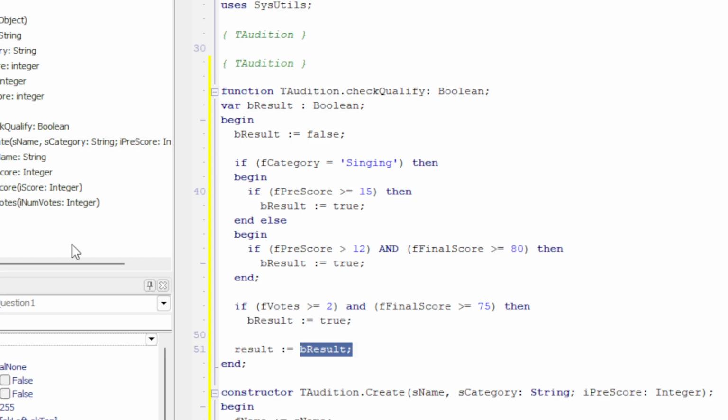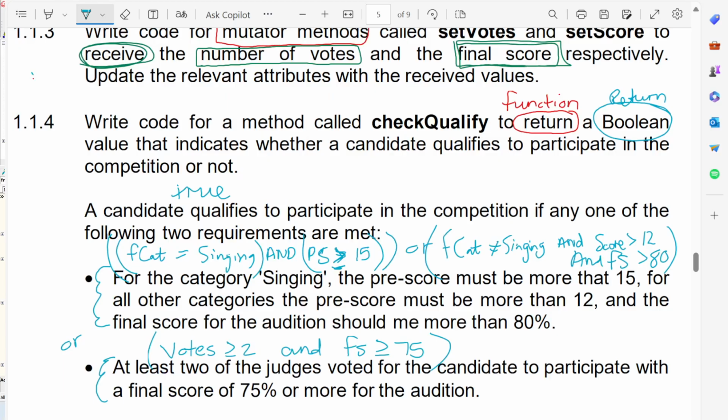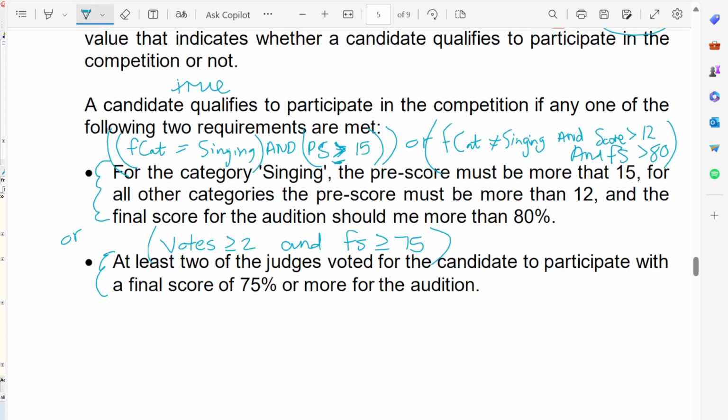So check qualify will work perfectly fine. All right, we're almost done. Let's look at our last part of this side of the code. So here on our